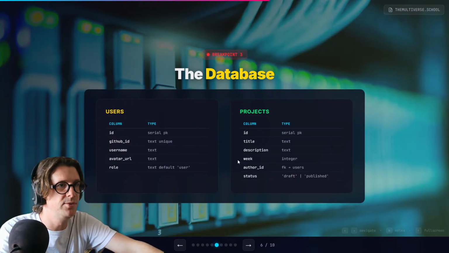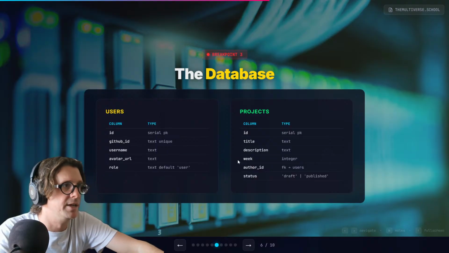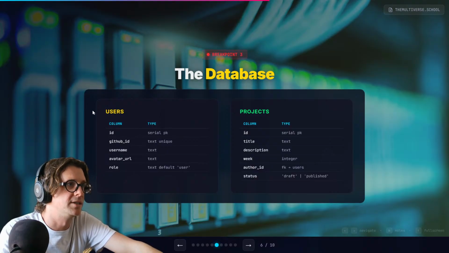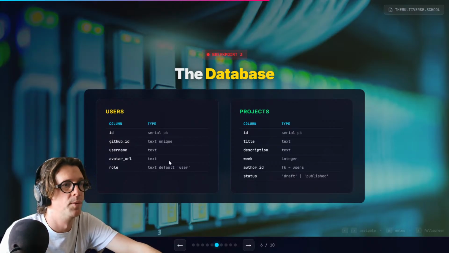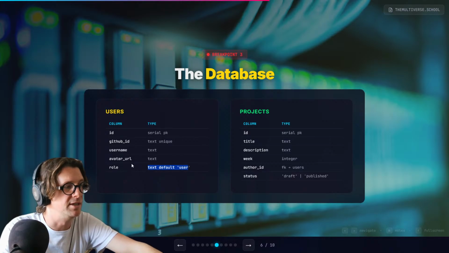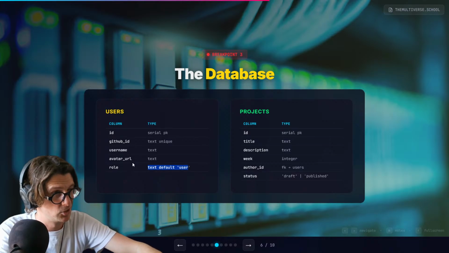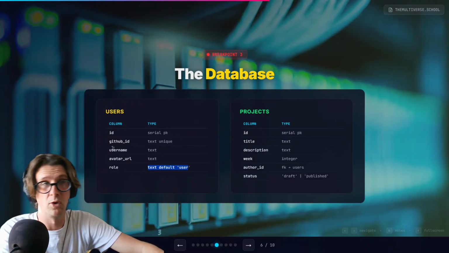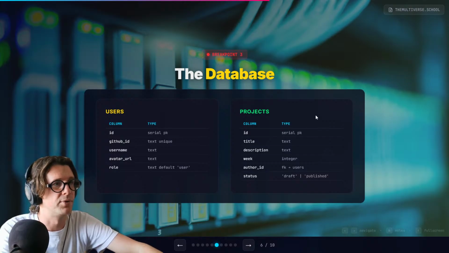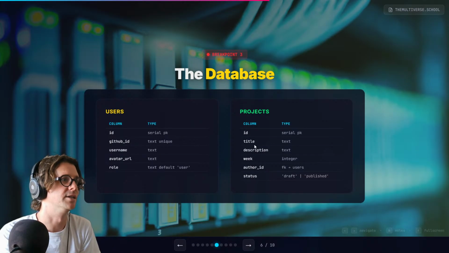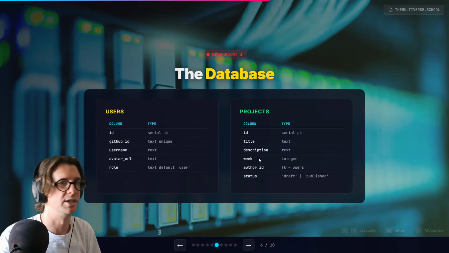So we have two tables here. It's a pretty simple database, right? Users is going to store everyone who logs in through GitHub, their username, their avatar URL, and then their role. So this role right now just defaults to user because we're not getting super into role permissions yet. That's probably going to be something that we dial in tomorrow. And then projects stores the project entries, right? So title, description, week number, author ID,